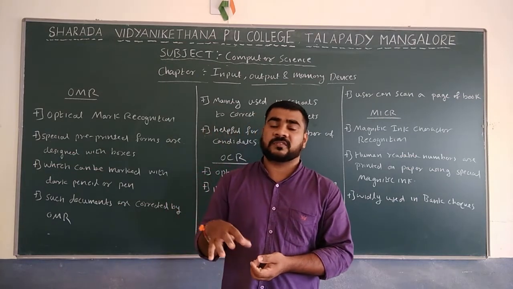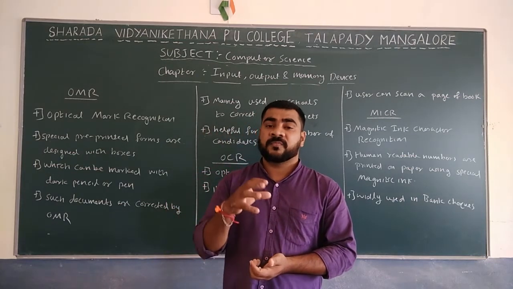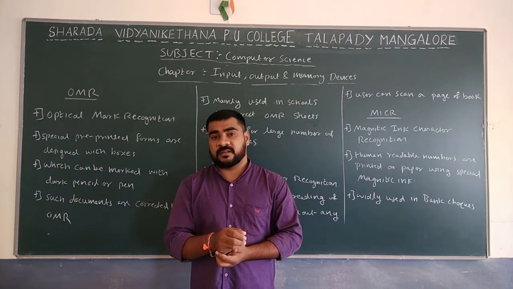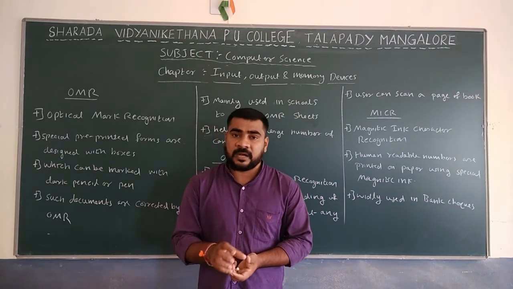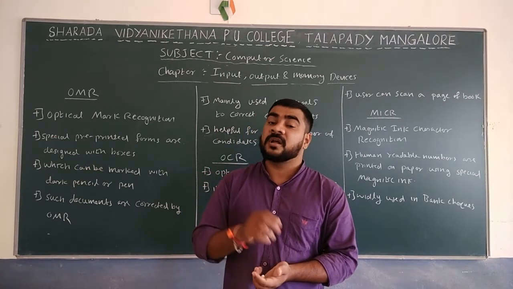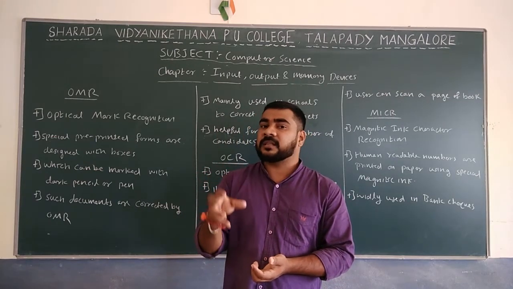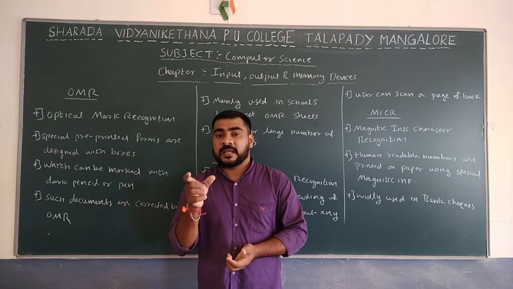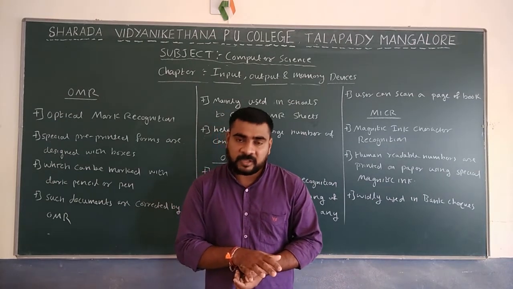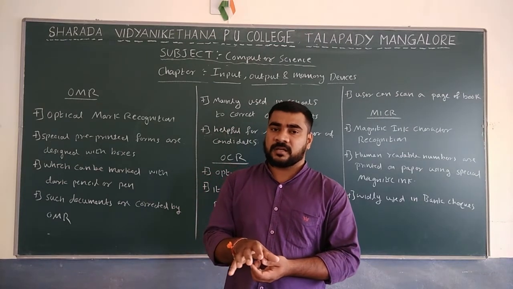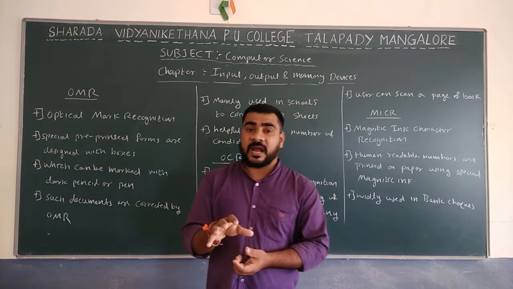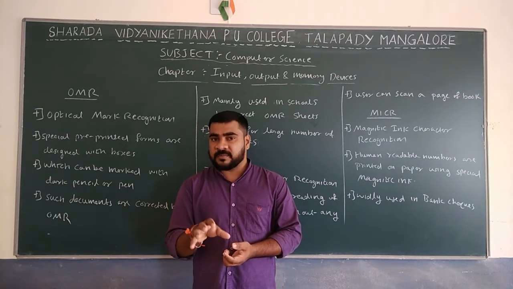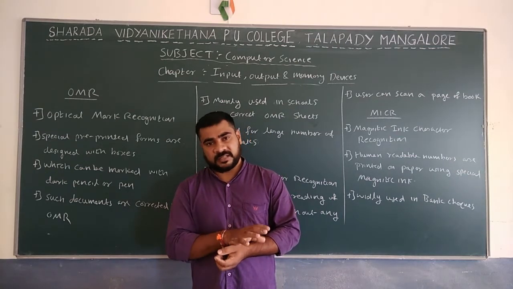So we make use of OMR machines. OMR machines correct the answer sheets in a very easy manner. We just keep all the OMR sheets in, and within a second the machine finds the answer, and it will be accurate. Remember, if you use the OMR to correct the answer papers, the answers will be accurate because the machine is reading them. Any mistakes are found by the machine itself.